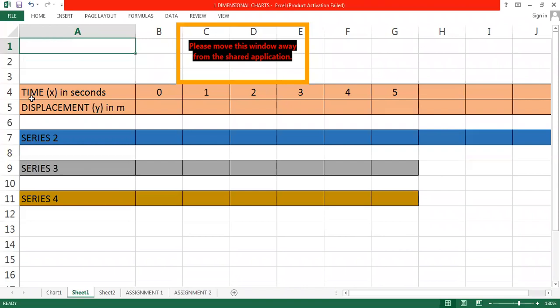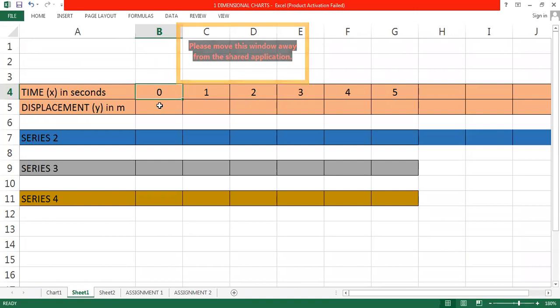Okay, so I am having a displacement time graph. So here 0, 0. Initially when we started, the object is at rest. After 1 second, the distance covered by the object is 1 meter. But after 2 seconds, the distance covered is 4 meters. Now try to understand, after 1 second, the object has covered 1 meter, but after 2 seconds, it has covered 4 meters. Means what was the distance covered during the second second? So you will find in the second second, the distance covered is 3 meters.